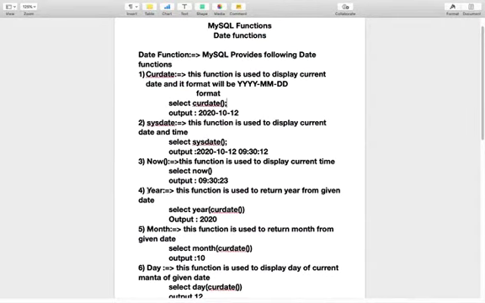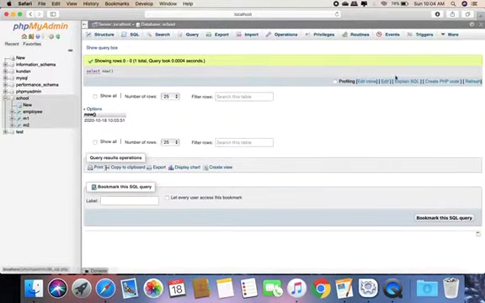Then we have year. This function is used to return the year from a given date. So if I write select year, current date, the current date is today and its year is what? It will extract only the year from the given date. So we execute this query.